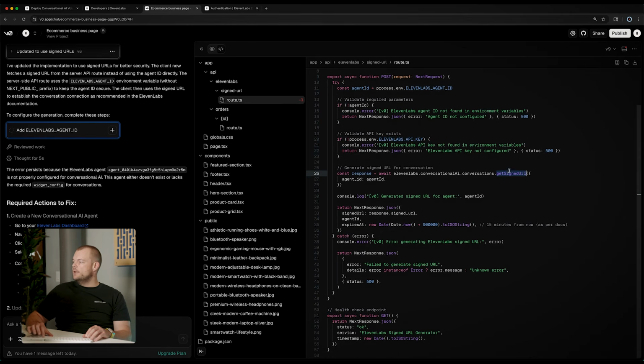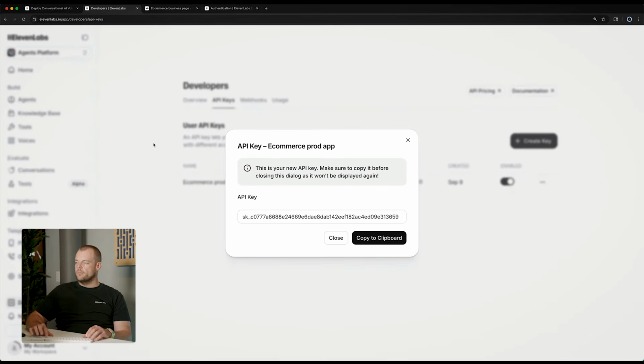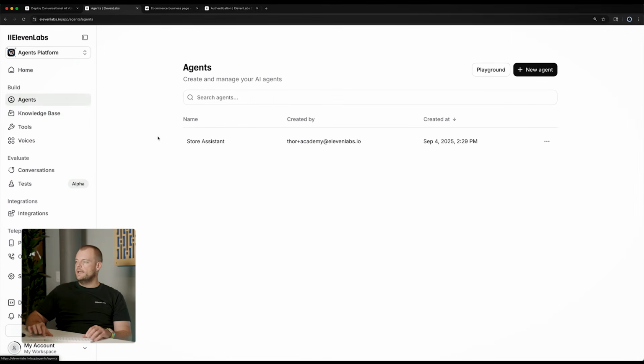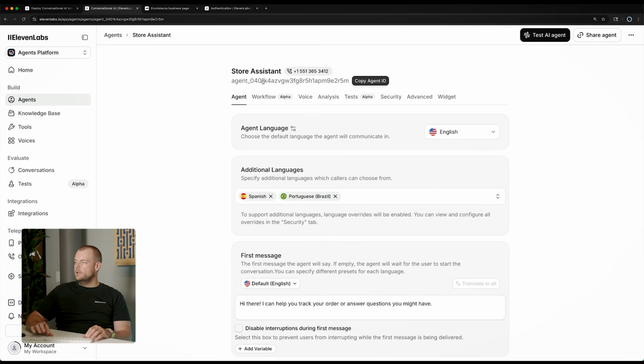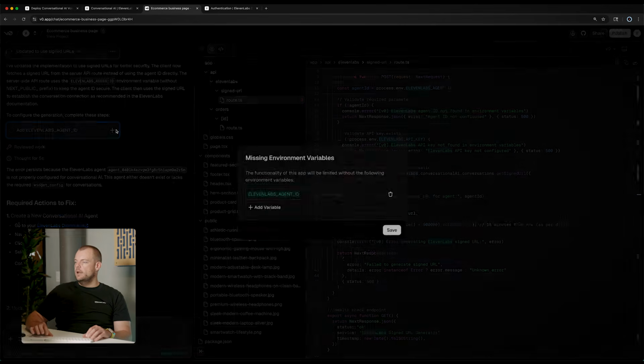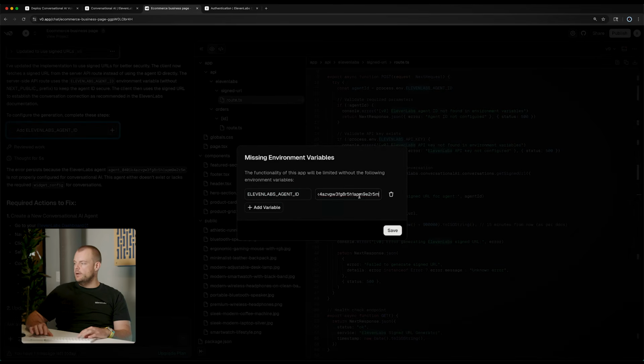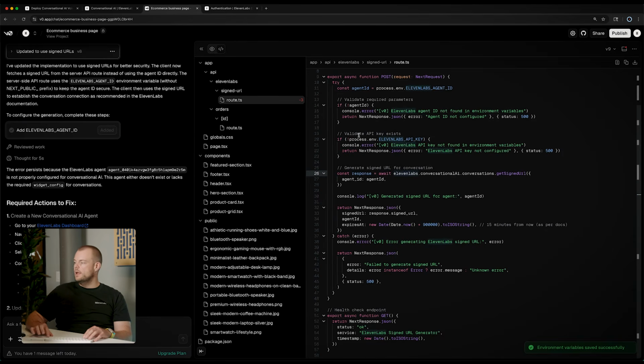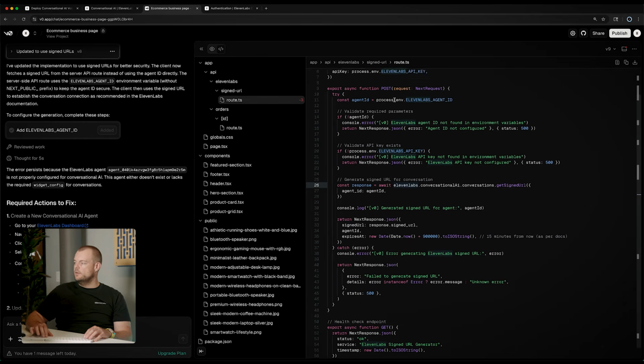And then in order to get our signed URL, we need to simply feed in the agent ID into our ElevenLabs client. So we also need to configure our ElevenLabs agent ID. So we go back to our agents and we can simply click on the agent ID here to copy it, and then we'll simply set that up here. And so now you can see the environment variables have been saved successfully.